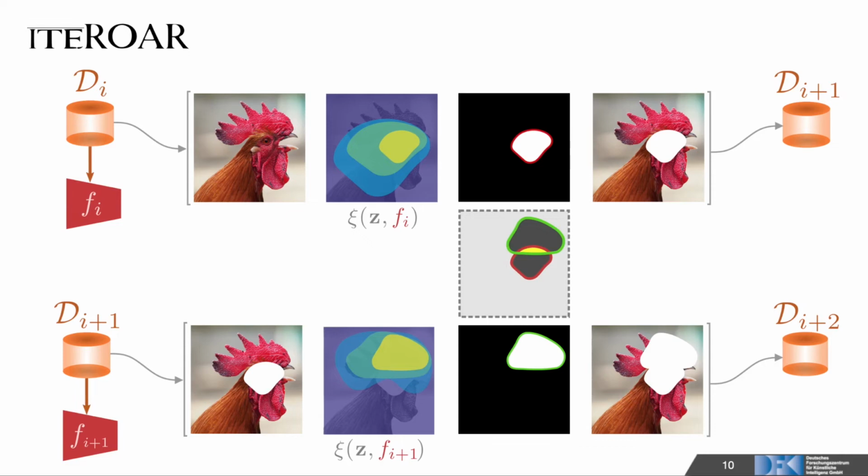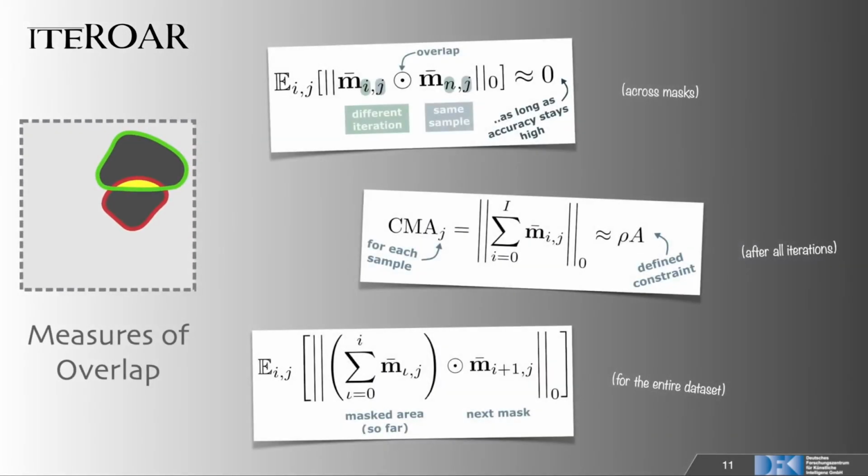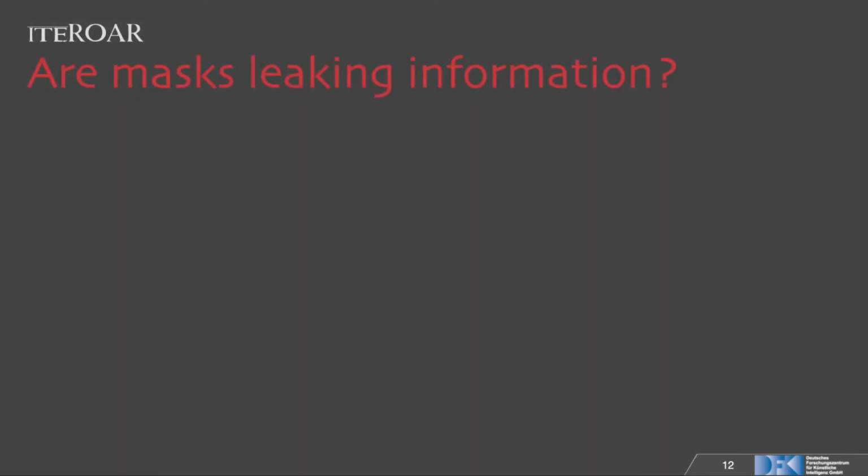In particular, we focus on how much overlap there is between masks. To study this overlap, we propose several metrics that convey how overlap behaves for a single sample, what is the total accumulated overlap after all cycles are computed, and a single metric estimate of the expected overlap for a given feature importance method. Finally, we want to measure whether masks themselves are leaking class-relevant features or not.